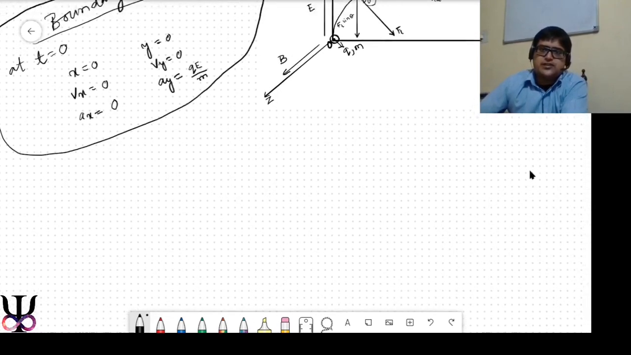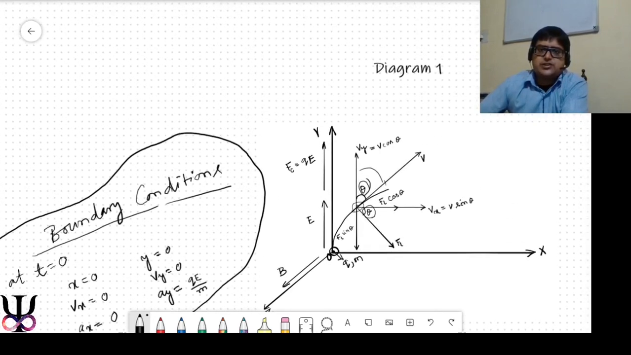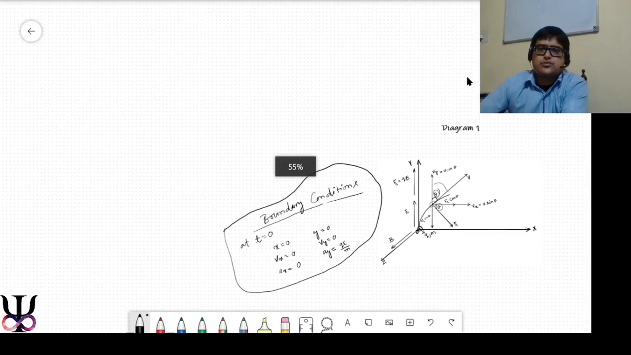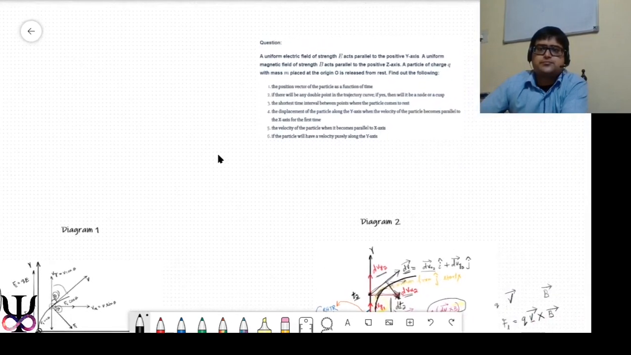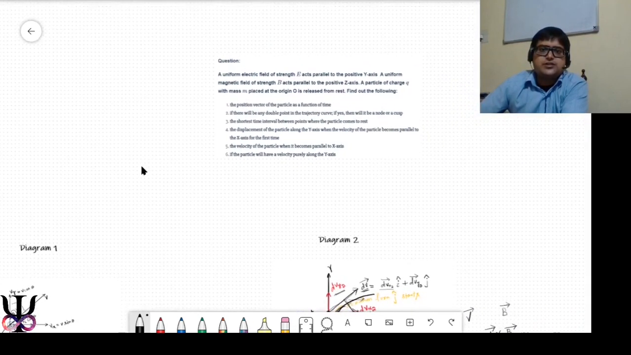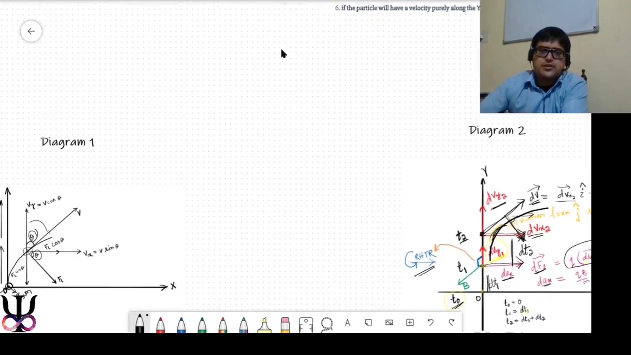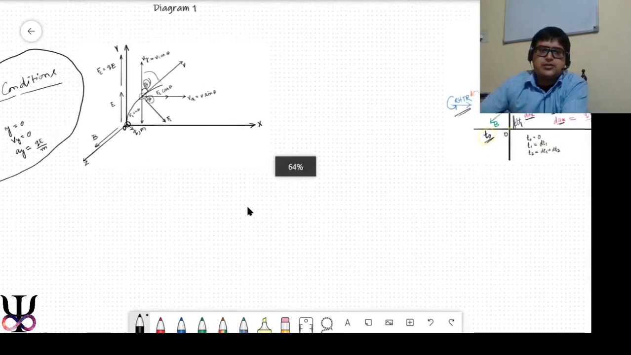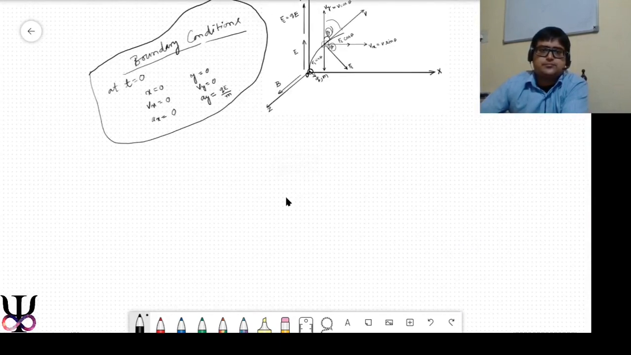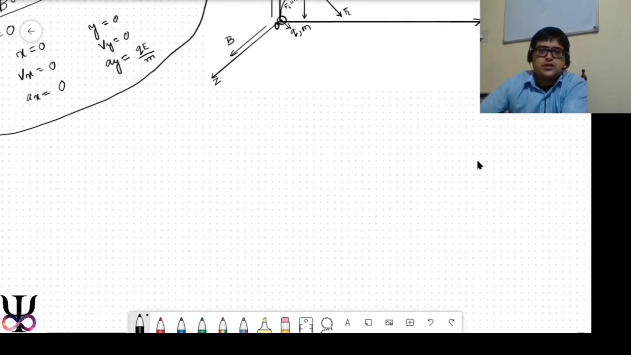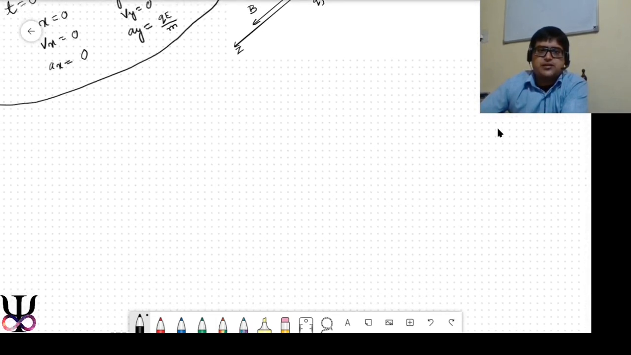Now let's try to understand the first part of the question. Now it's time for us to understand the question. Let's go to the question once again. As you can see, the first part asks for the position vector of the particle as a function of time. What does that mean? The position vector of the particle means